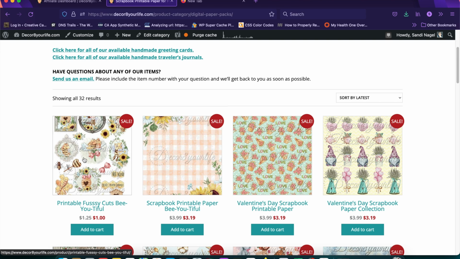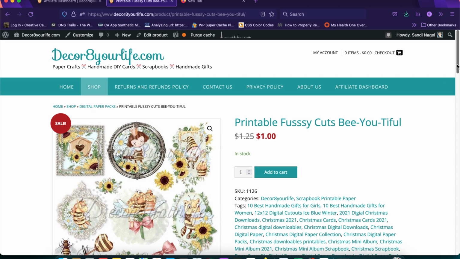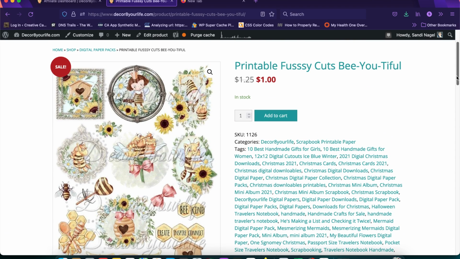And over here, I have the fussy cut to this collection right here. Look how beautiful the fussy cut pieces are. Okay, so let's say you want to talk about the collection and you can talk about the fussy cuts and you can record the screen, download your video, edit your video, and boom, add your affiliate links, upload it to